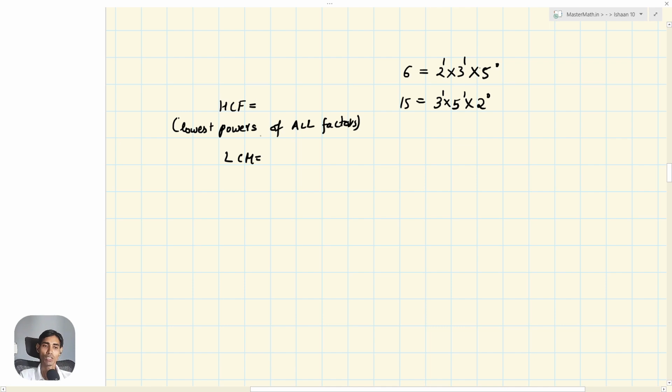So HCF is the lowest powers of all factors. What are all the factors? 2, 3 and 5 are the factors that we have for both these numbers. Now we have to take the lowest. What is the lowest power of 2 in these two cases? 0. And the lowest power of 3 is 1, and the lowest power of 5 is